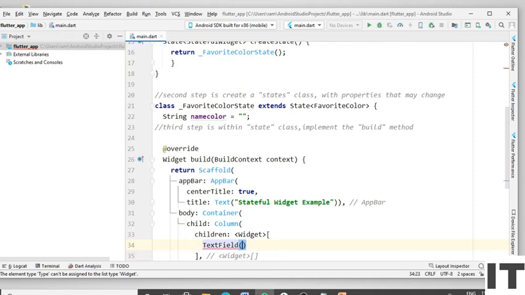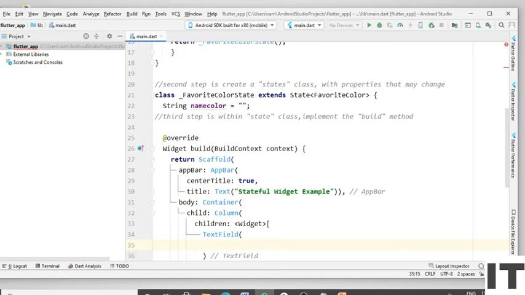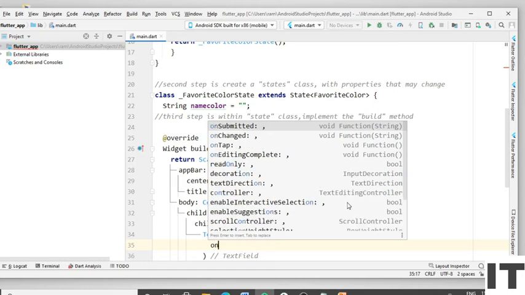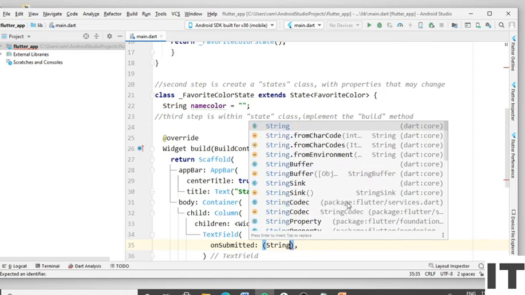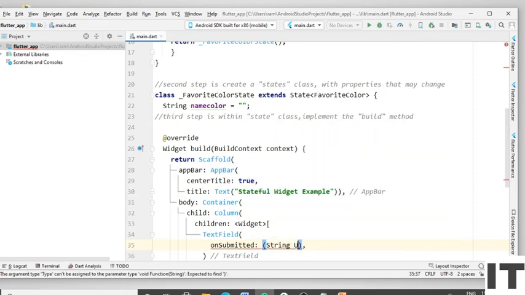Open the round bracket and press the enter and type onSubmitted, which receives the user input within a function as a string value. Let's call it userInput. Well, it is actually a function. Open the round bracket and type the String and type the userInput. Remove the comma and open the curly braces.